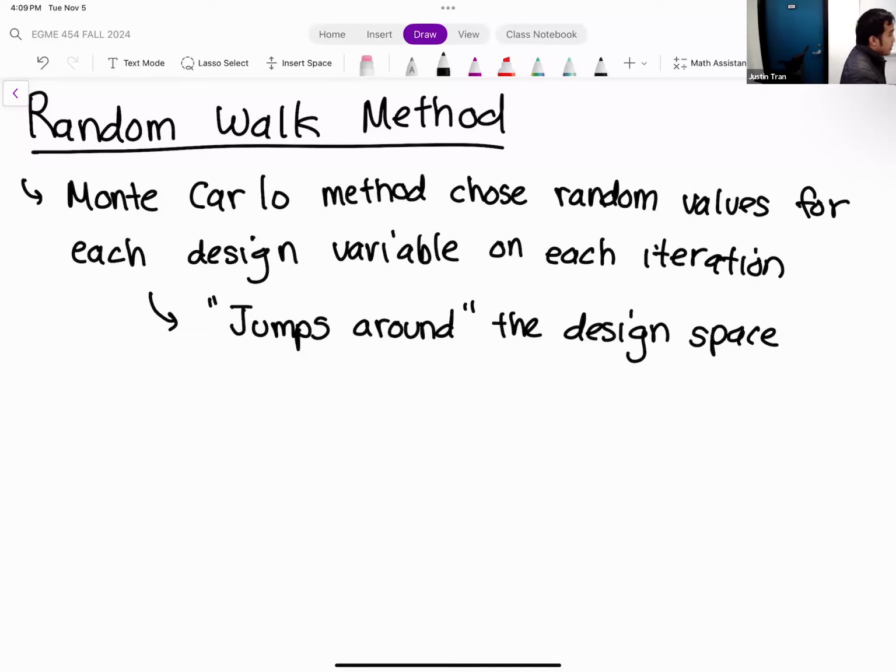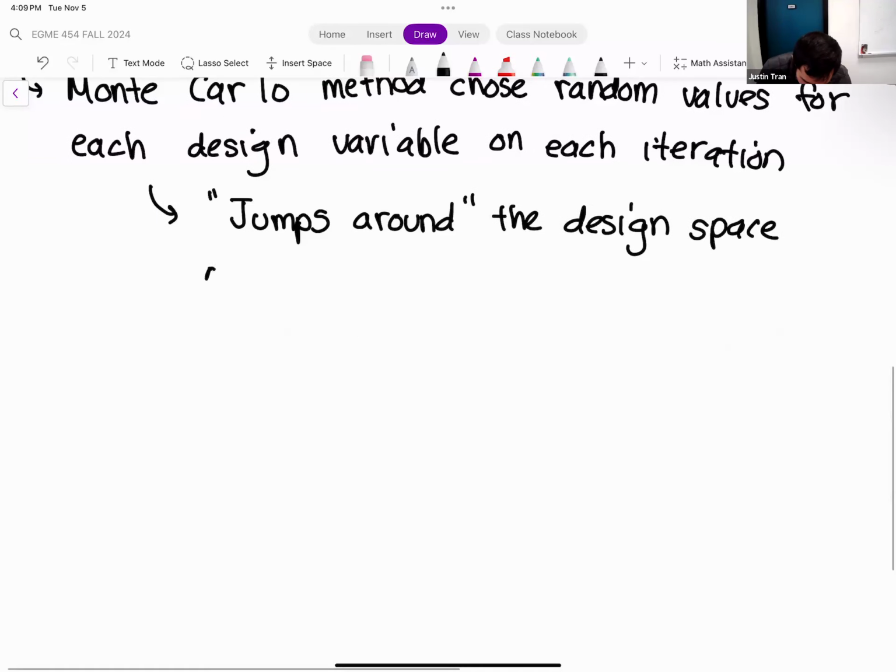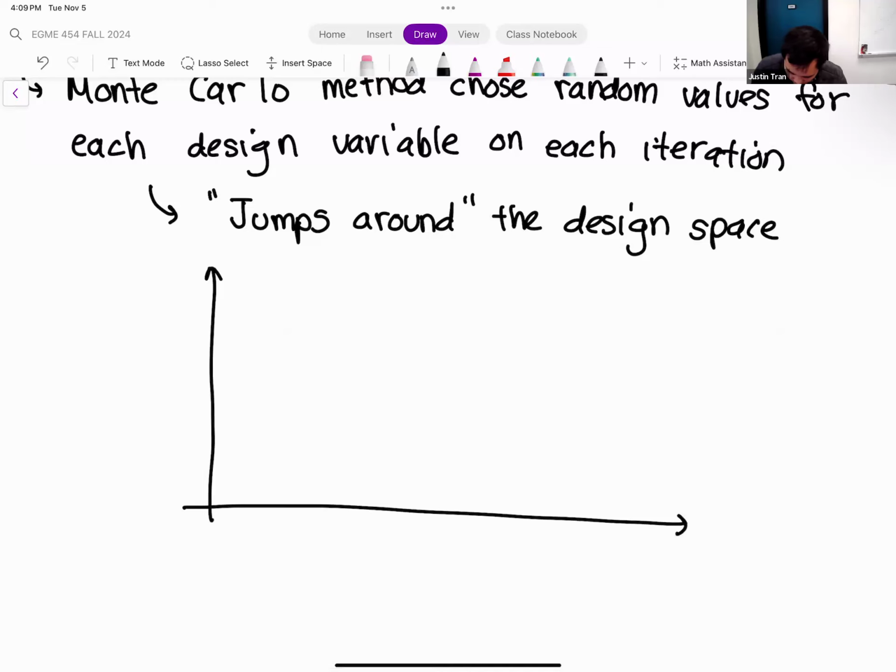I think another really interesting analogy for Monte Carlo is that it almost looks like you're randomly throwing darts at a board. And so it looks like this, right? We have a typical design space here. So this is a two-dimensional problem, so we have design variables x1, x2. If you were to visualize how the Monte Carlo method works, it would look like you're drawing a bunch of random x's around the domain. Each x is a random guess for the design variables.